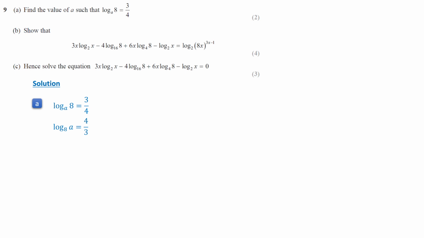We can now rewrite the equation in exponent form. a equals 8 to the 4 over 3. Then, a equals 16. Moving to question B, we change the base of all logarithms in the given expression to